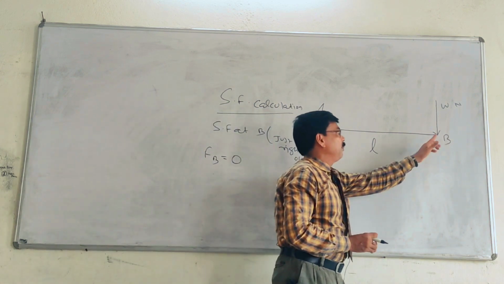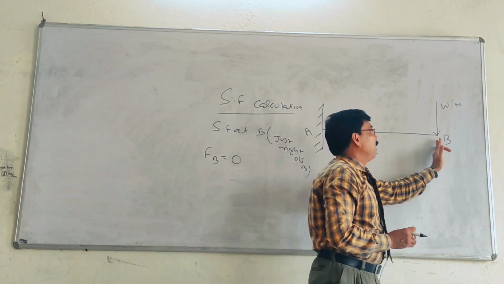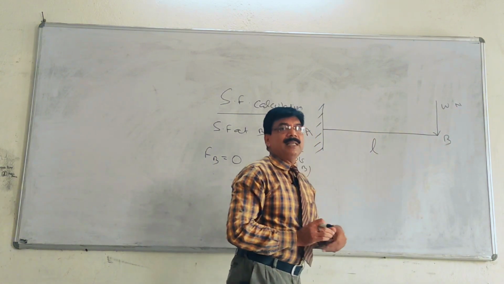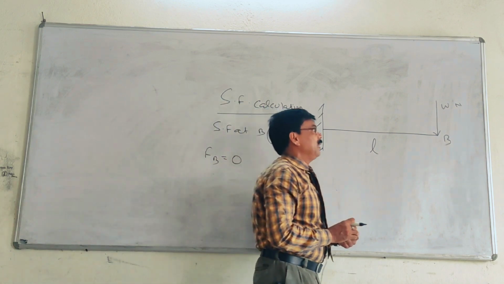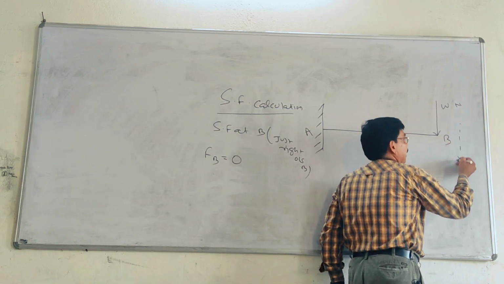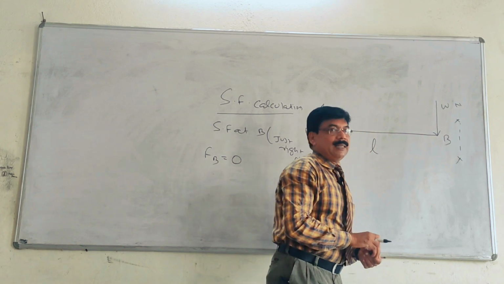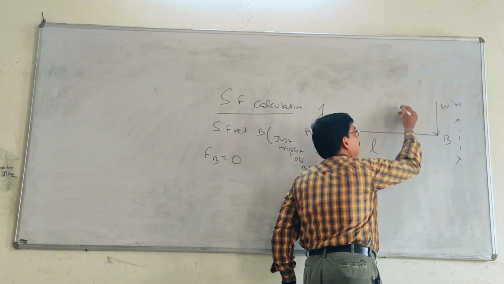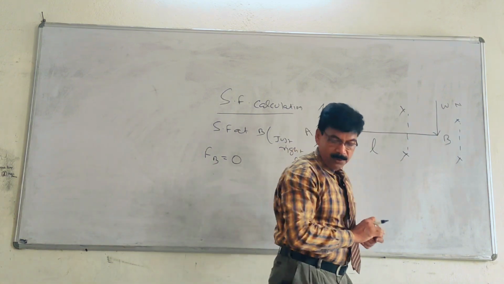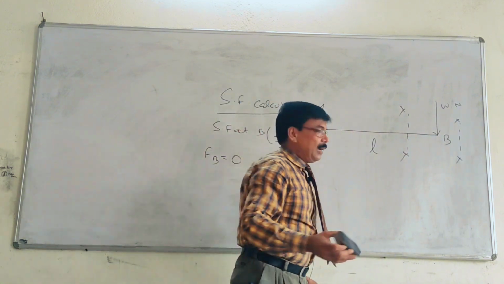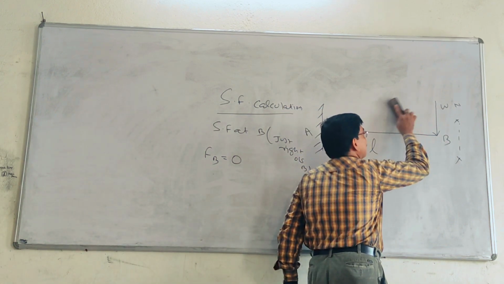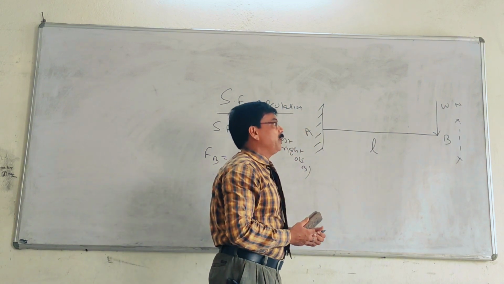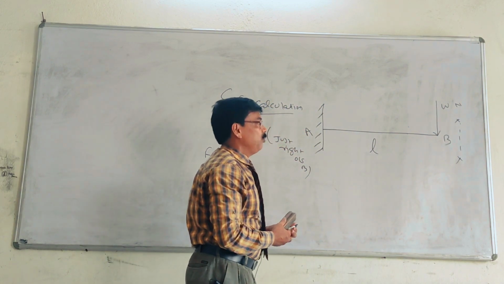Then we will come to the left of B. When we come from right of B to left of B, there will be an imaginary section, say section XX. That section moves from right of B to left of B, then continuously comes to point A. So first, with the vertical section XX right of B, the shear force value is 0.